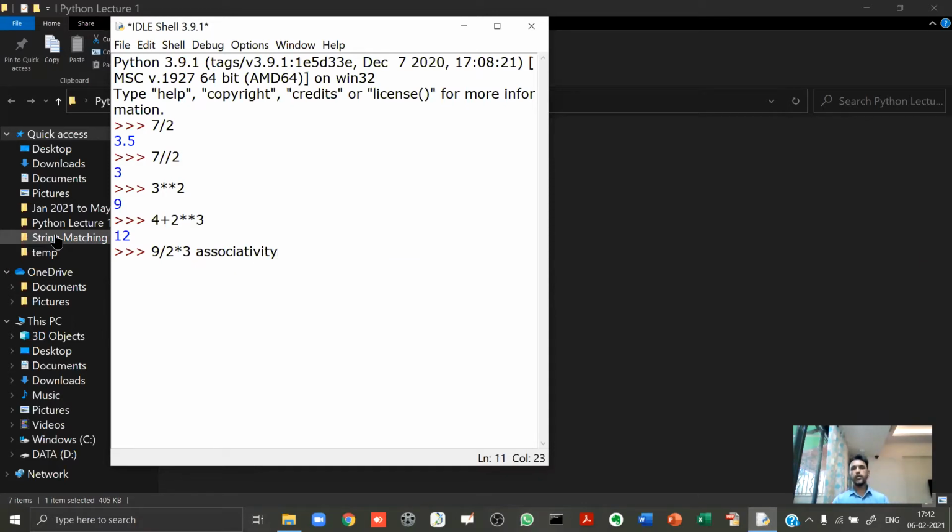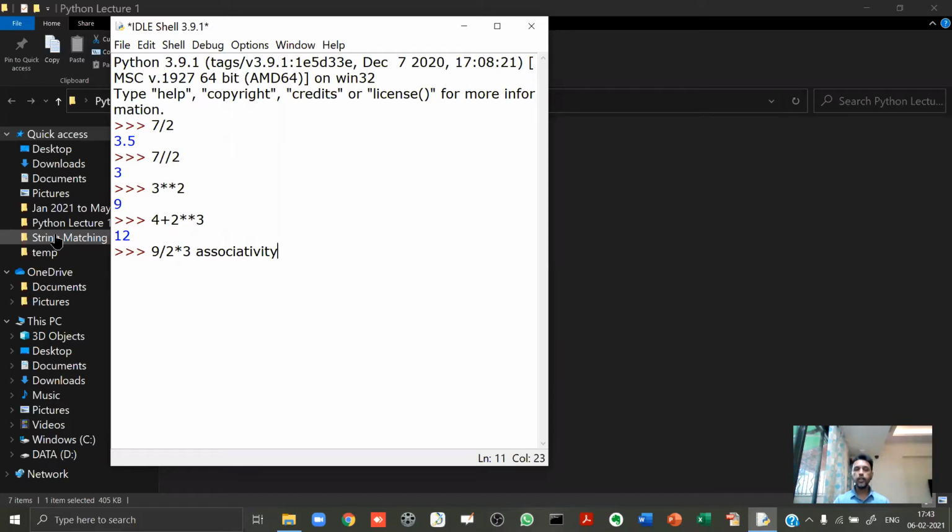associativity. Now, what is the meaning of associativity? So associativity is the order in which operations are done. I repeat, associativity is the order in which operations are done. But if I say only this much, this definition would be incomplete, because then this definition will look like the definition of precedence. So now the complete definition is this: associativity is the order in which operations are done in the same precedence group. I repeat, in the same precedence group.